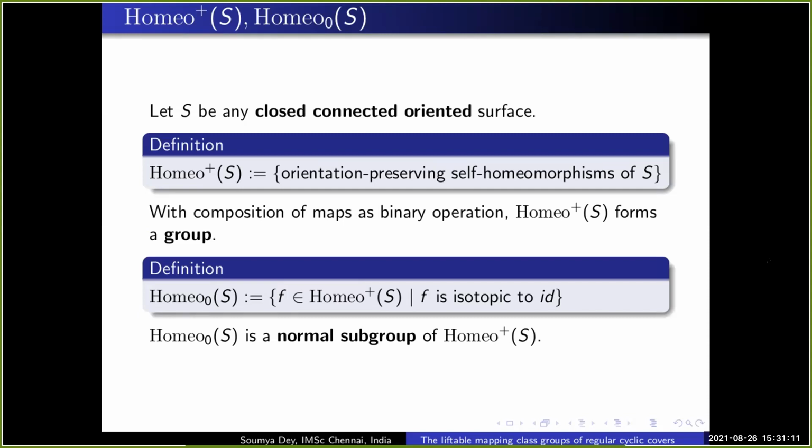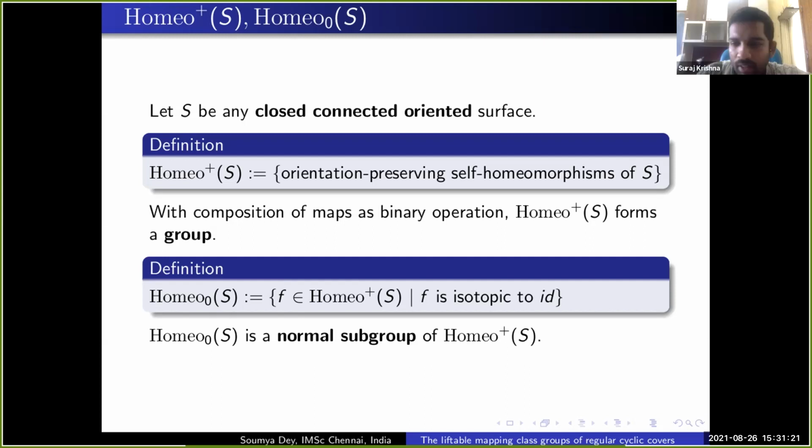For our purpose, by S, we mean a closed, connected, oriented surface. What is homeo plus of S? This is the set of all orientation